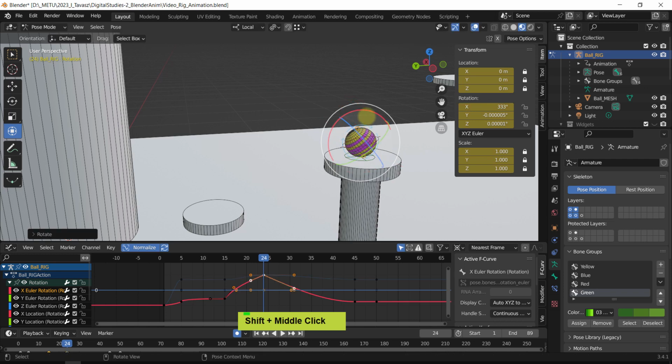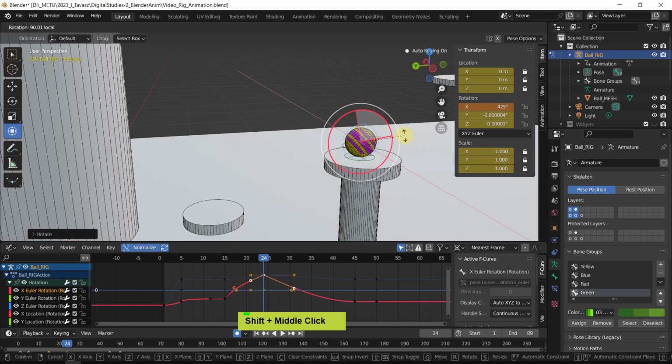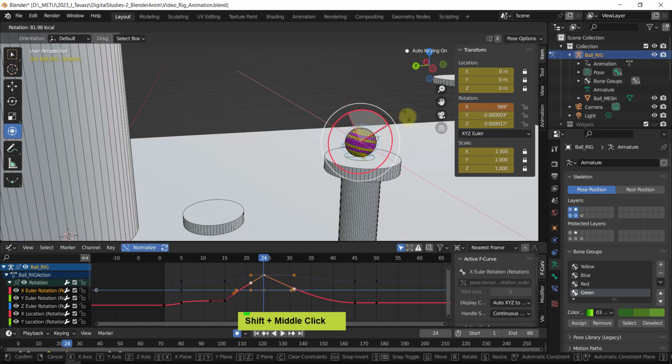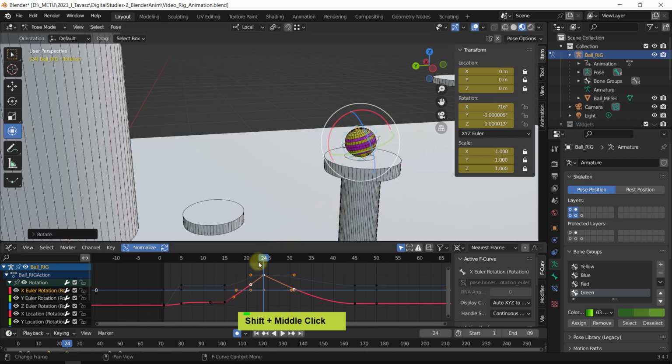And I think I will just introduce a little bit more rotation to this whole thing, just to get a bit better visual stuff. Okay, it's going up, rotating, yeah, and it bounces